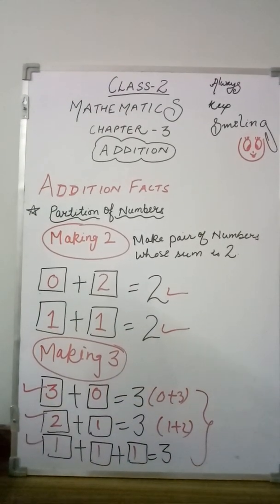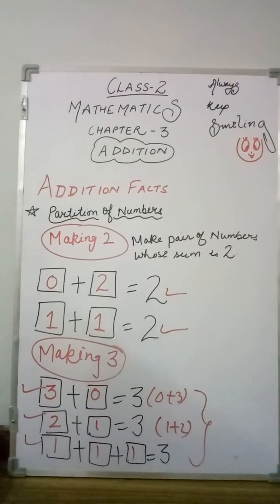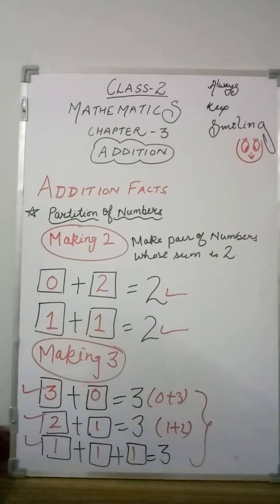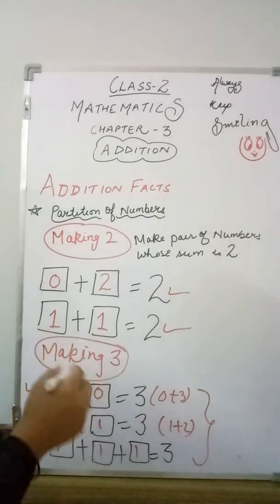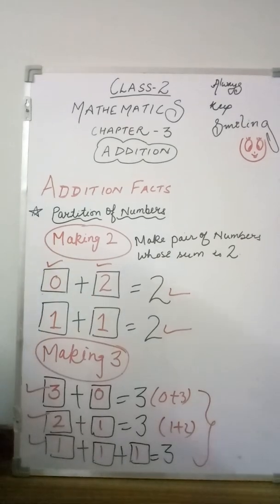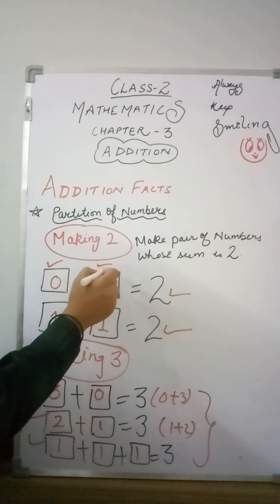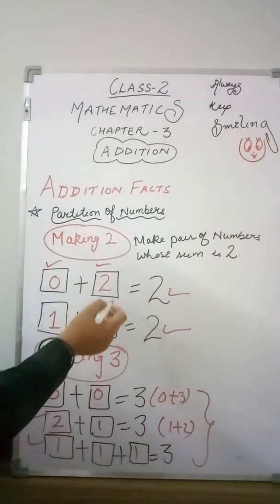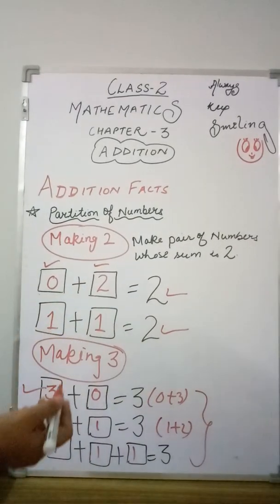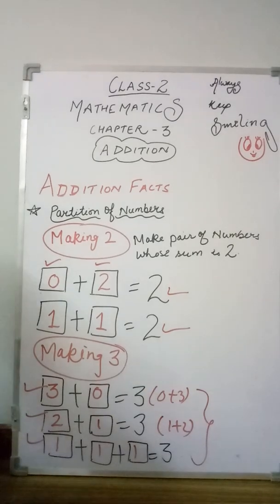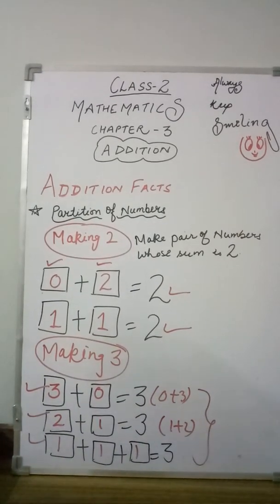So you can split, you can make partition of numbers, you can make numbers in any of the type. That is your choice. Student, one more thing student, they are called the complement of each other. If I am asking what is the complement of 0 here, so 2 is the complement, right? So here 1 is the complement of 1. They are also called the complement of other number.